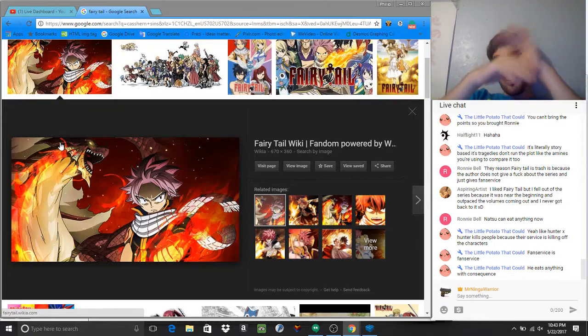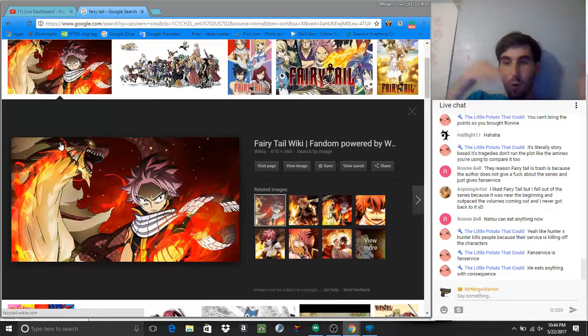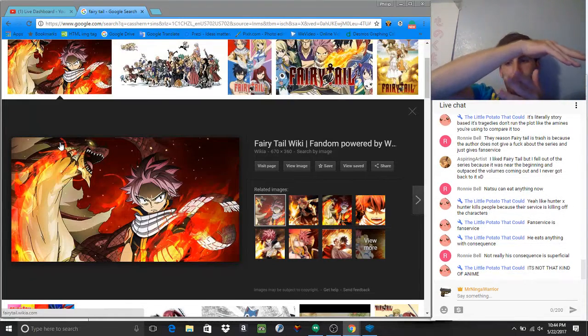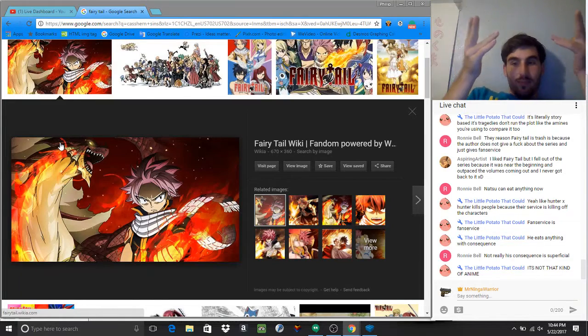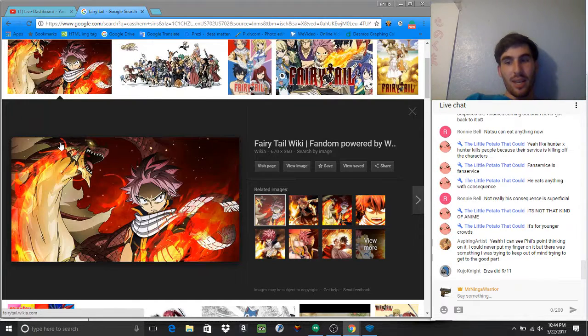In a completely serious moment, there's something random thrown in there that feels more forced than it should. Gray stripping down is a problem that I have with the series, right? Because Gray, in the middle of a completely serious fight that is life and death, supposedly, just gets naked. The only thing left that he has is boxers on. That doesn't work with me in a fight that's supposed to be life and death, right? It just...